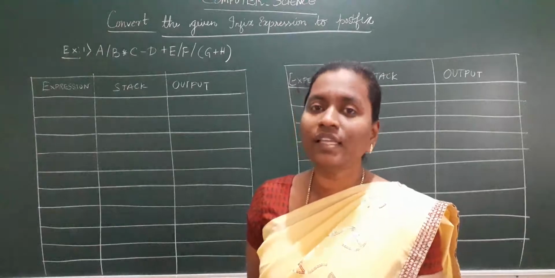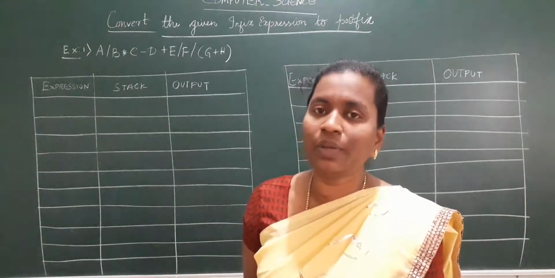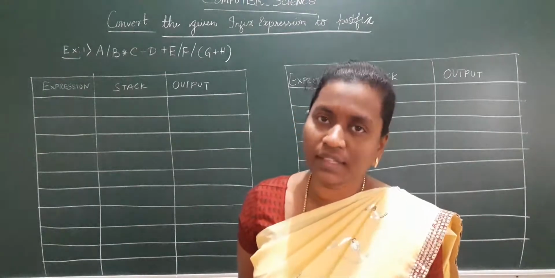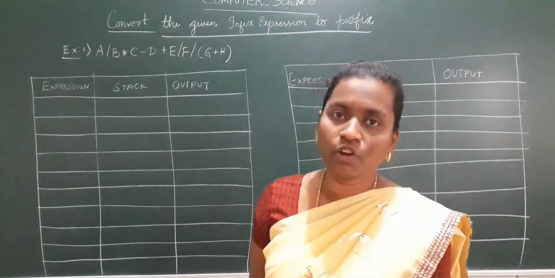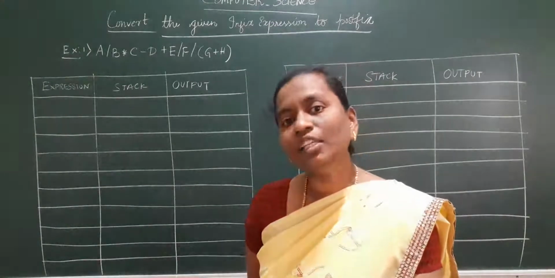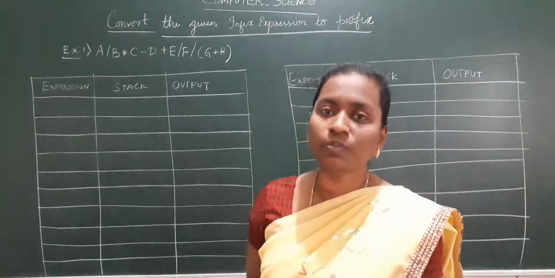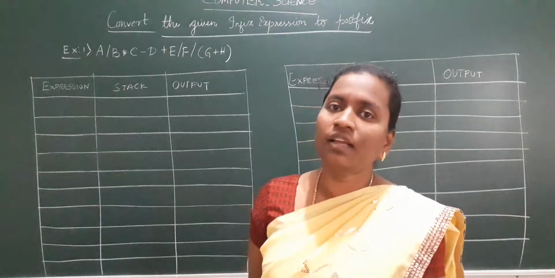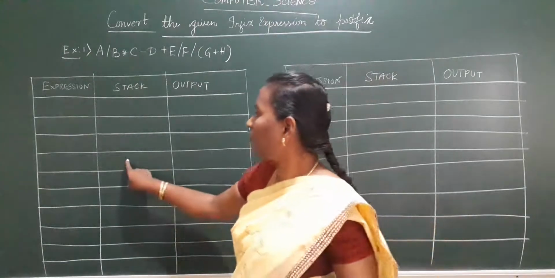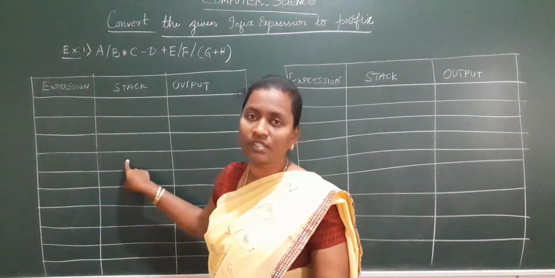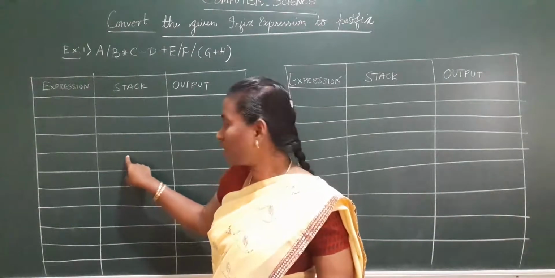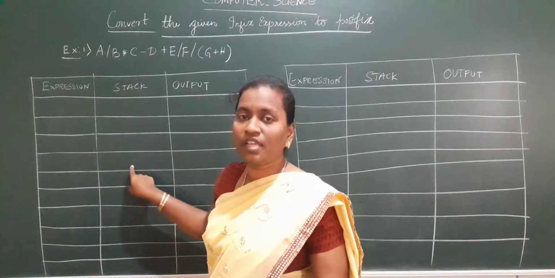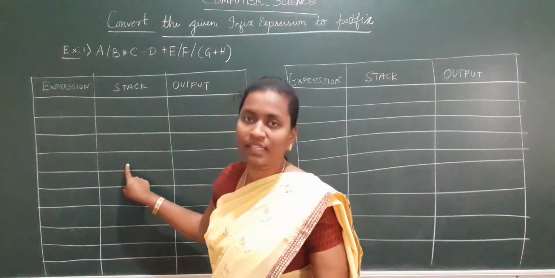Once a highest priority operator is sitting in the stack, when a least priority operator comes, first you need to pop out the highest priority operator which is in the stack. Then you put the least priority operator in the stack. Whereas when a least priority operator is in the stack and a highest priority operator comes, it can stay together. For example, I have plus, and the next operator is asterisk or division sign, that can be there in the stack. But if I have asterisk in the stack and I input plus, first I need to pop out asterisk, then only plus can stay inside the stack.